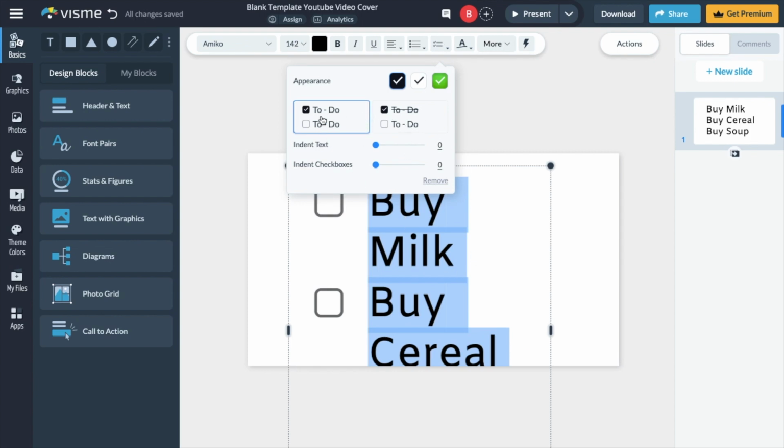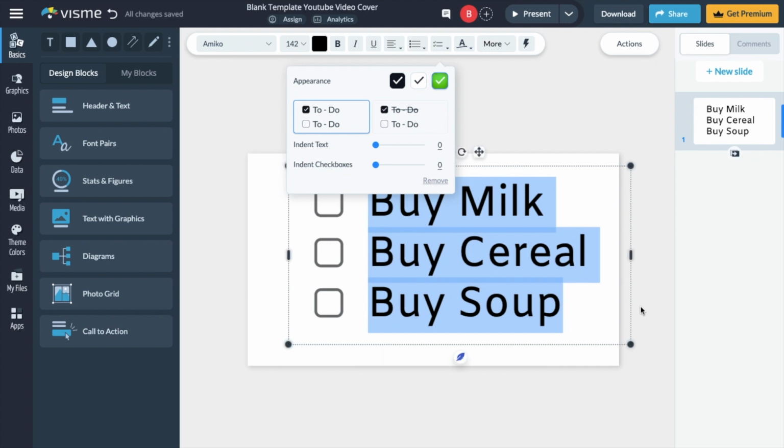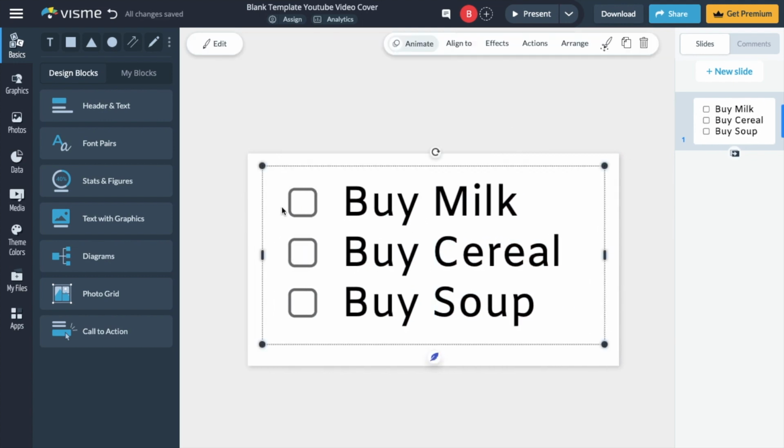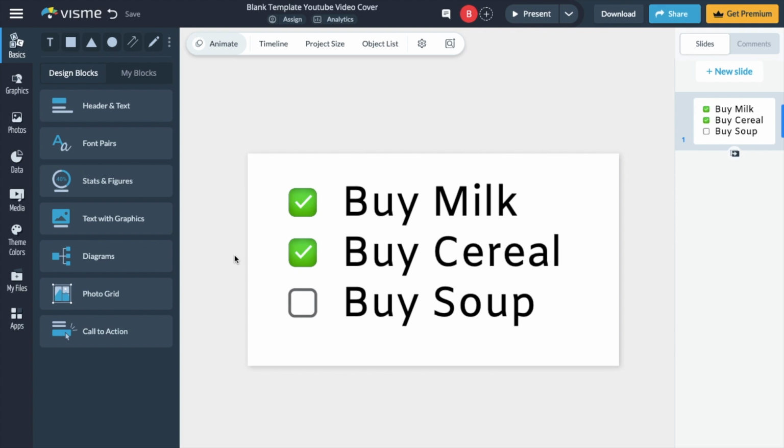So you can change the appearance, you can change the strike through, whatever the case is. You can change the appearance to a green check mark as well, whatever it is. So for example, just like this, it's now a checklist. So if you were to check this off right here, I bought milk, there you go. It now checks it. If you wanted to buy cereal, you check that off. There you go. Pretty straightforward, pretty cool